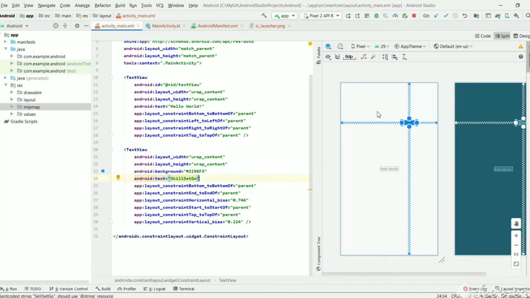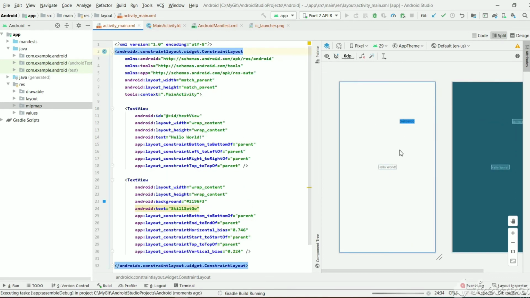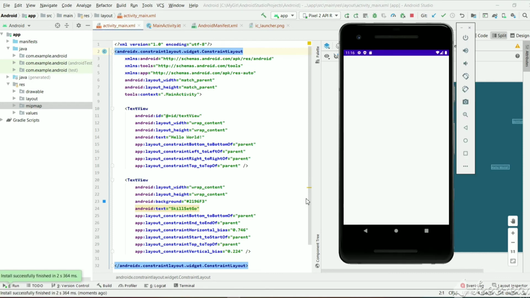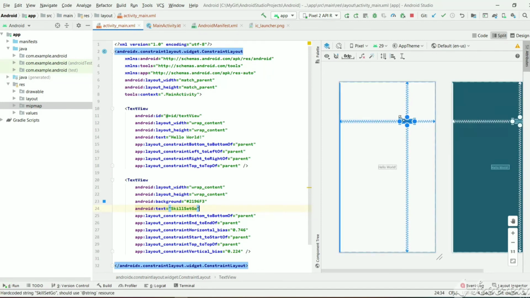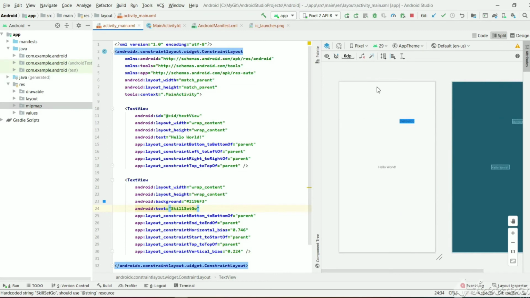Now if you run this app, you will be seeing an activity with this UI. Just run this app and see the result. You will be seeing these two elements on the screen. So as you can see, we have the earlier text view, and this text view we have added now, and we will be seeing the same screen that we have designed here.